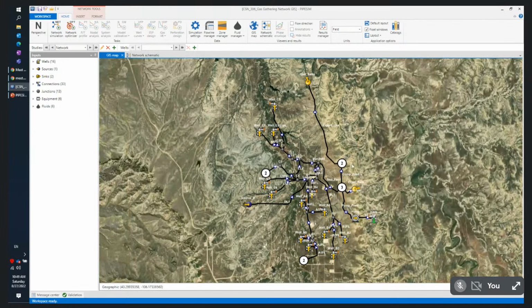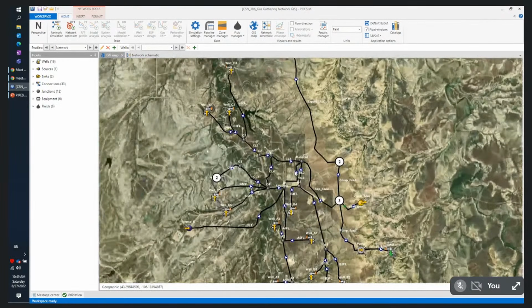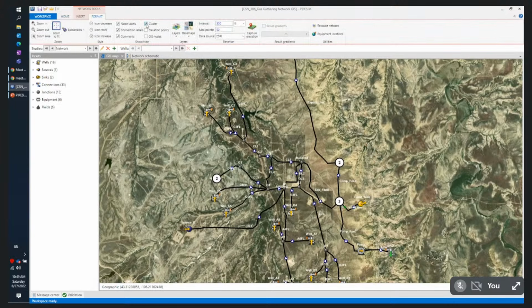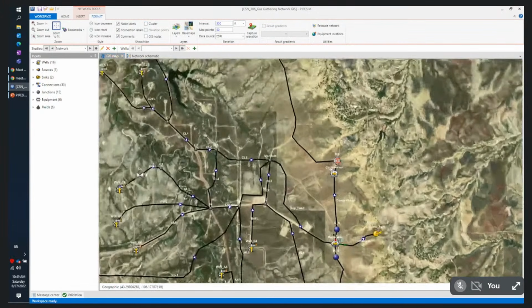You will see that if I zoom in, there are numbers here and there are clusters. For these clusters, you have two objects, and I can hide these clusters by going to format and then unchecking cluster. Why do we have clusters? Let me show you why. When I uncheck this cluster, you will see that if I scroll down,